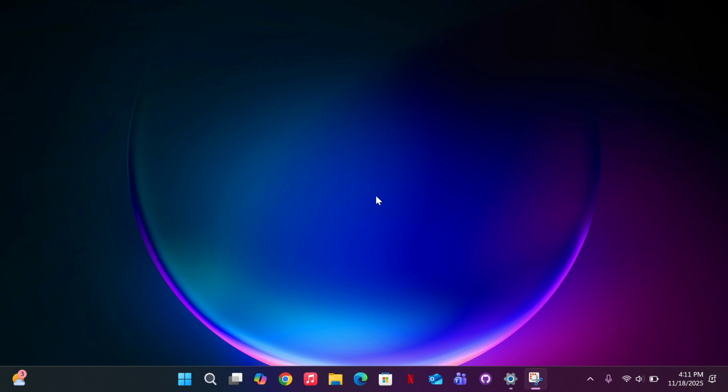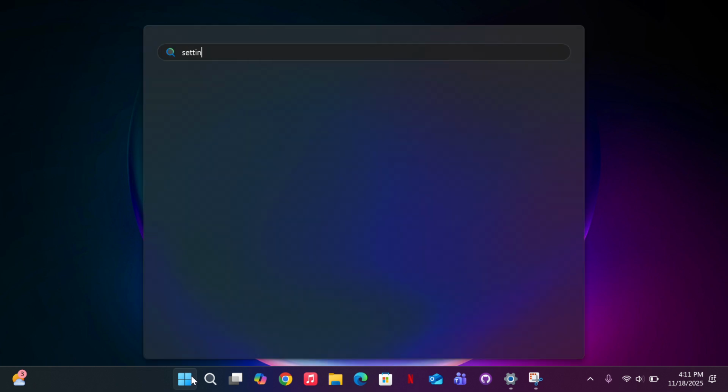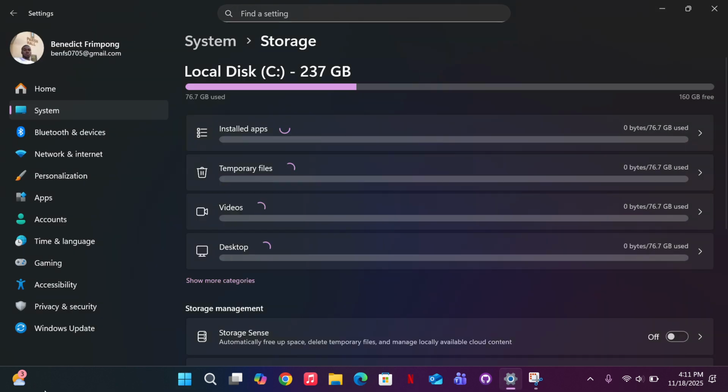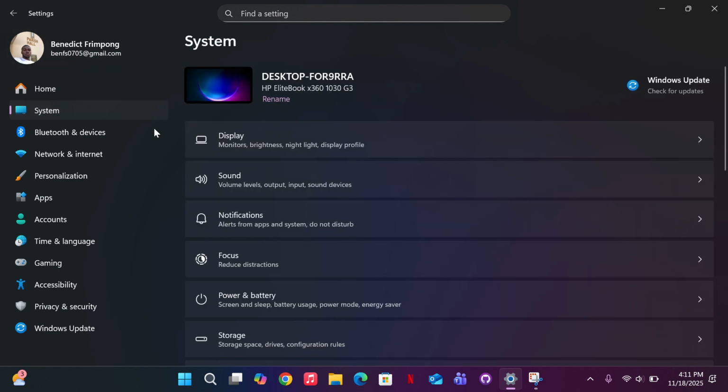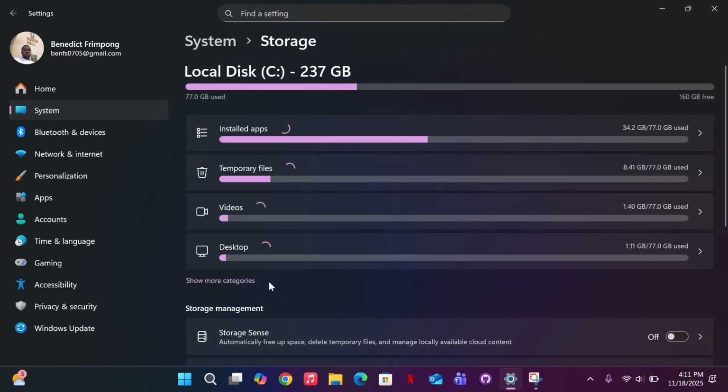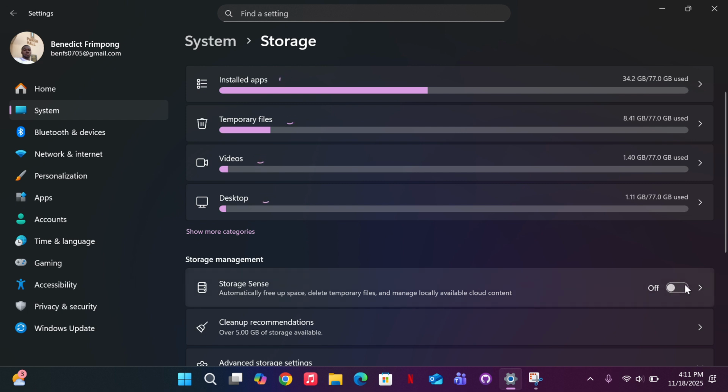We move on to the second method, which is the storage sense. So we will go to settings. You click on system, and you click on storage, and you turn on storage sense. This automatically cleans temporary files and empties your recycle bin regularly. So when you are done, you close